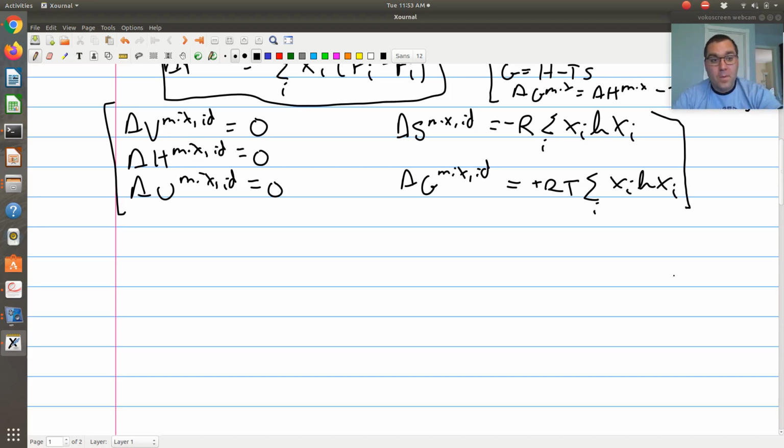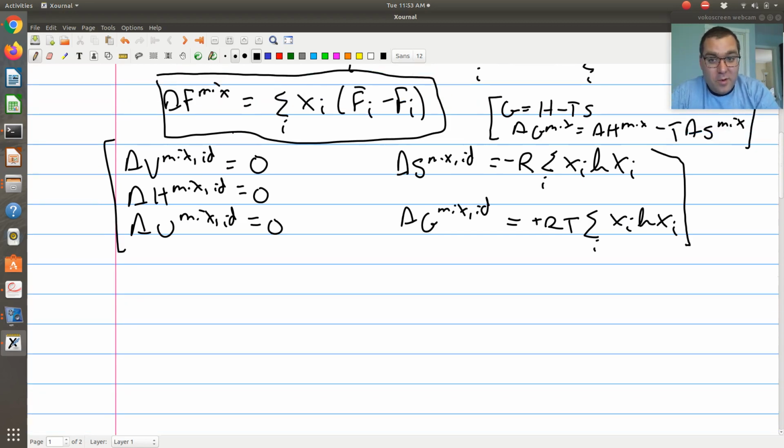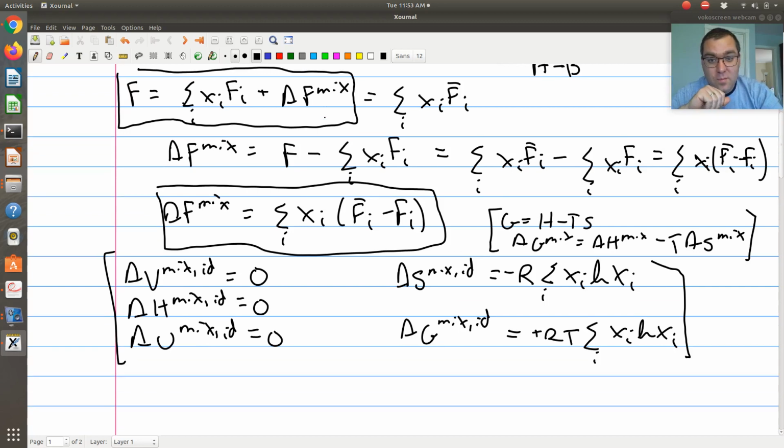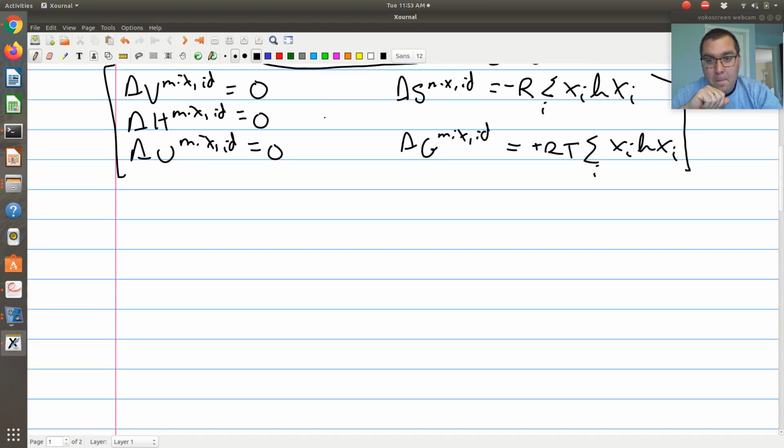If I were to switch the position of an A molecule and a B molecule, I create a new configuration in my system. So this entropic term is entirely combinatorial. All right, so those are my property changes upon mixing, which are the same as an ideal gas, and hopefully you remember those from the case of an ideal gas. Now we said we're going to use our first expression here to get our expressions for our properties of interest in an ideal solution. So we're going to do just that.